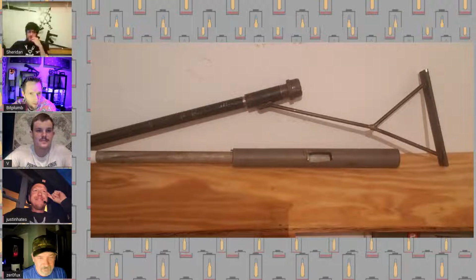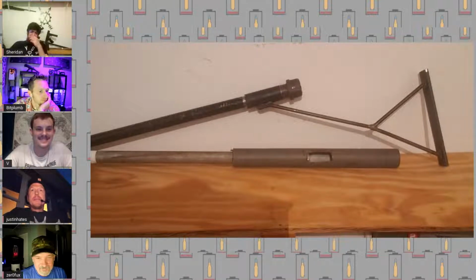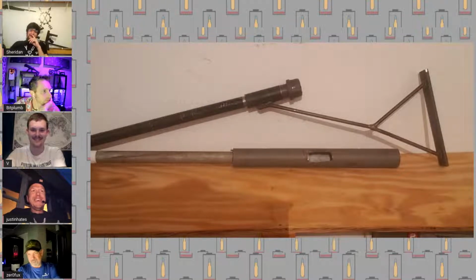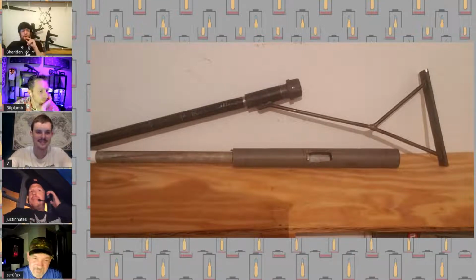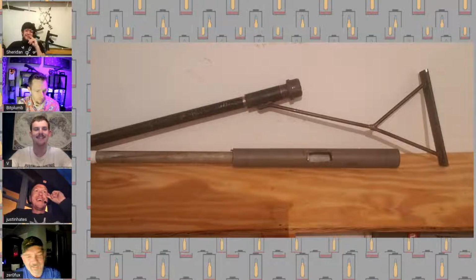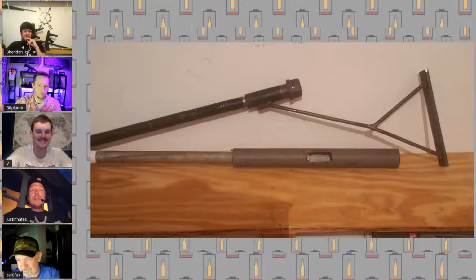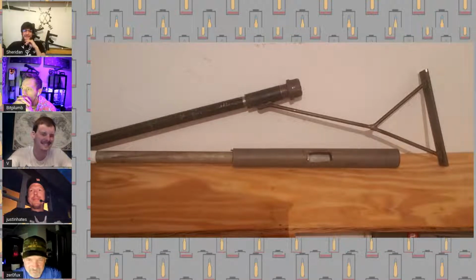I broke out the angle grinder with a cutoff wheel and just started hacking away at this piece of steel tubing. I cut a very basic injection port that is too short to fit a 20 gauge round into, and a very, very basic charging handle slot that doesn't even fit anything. And then the barrel, where you see the tape on the side of the screen, keeps going for another like 20 inches because I just never cut it off. It's 18 inches from the tape to the breech, but it goes on for another like 20, 30 because I just never cut it. But